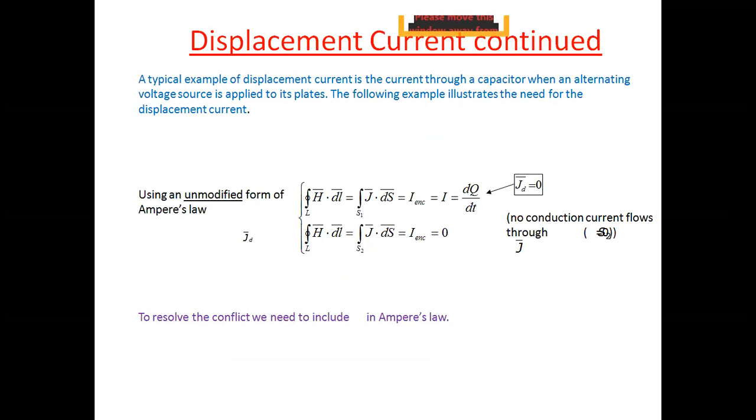Now the displacement current continues. A typical example of displacement current is the current through a capacitor when an alternating voltage source is applied to its plates. The following example illustrates the need for the displacement current. Using the unmodified form of Ampere's law, the integral of H dot dl is equal to the integral of J dot dS, which is equal to I enclosed, which is equal to I, that is dQ by dt, and also I enclosed is equal to 0. To resolve this conflict, we need to include